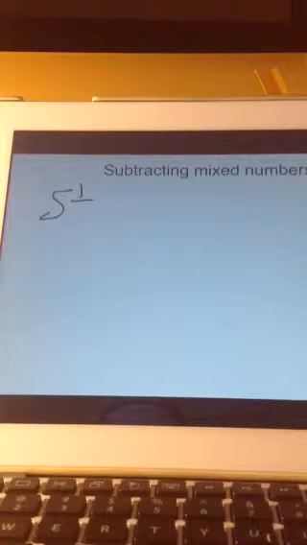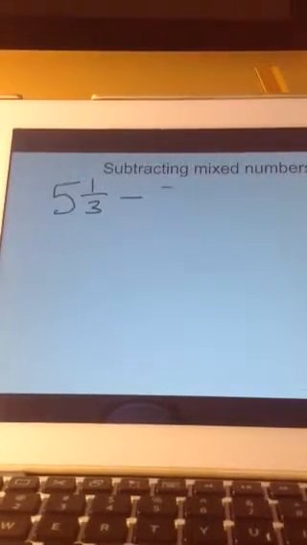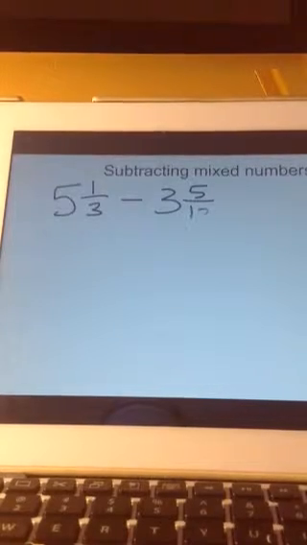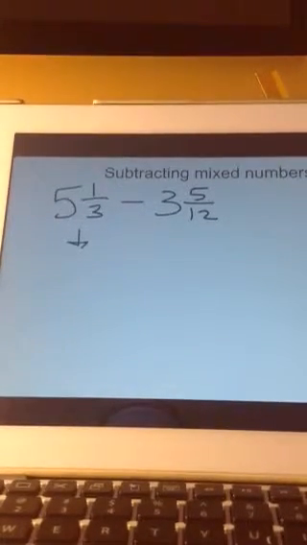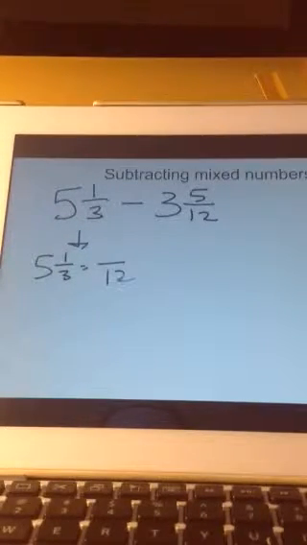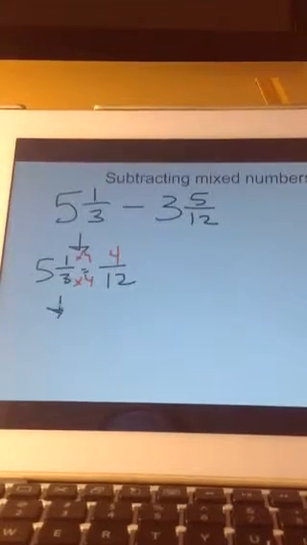Oops, that's messy. Let me try it again. There we go. 5 and 1/3 minus 3 and 5/12. So we have to have our common denominator of 12 over here. So it's going to be 5 and 1/3, and we need to multiply both of these by 4. So it's going to be 5 and 4/12